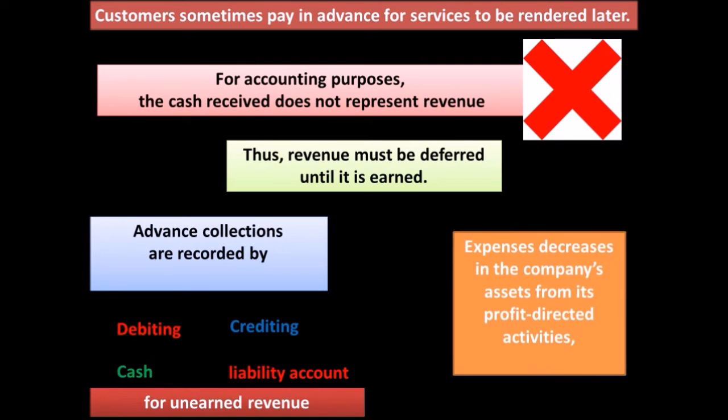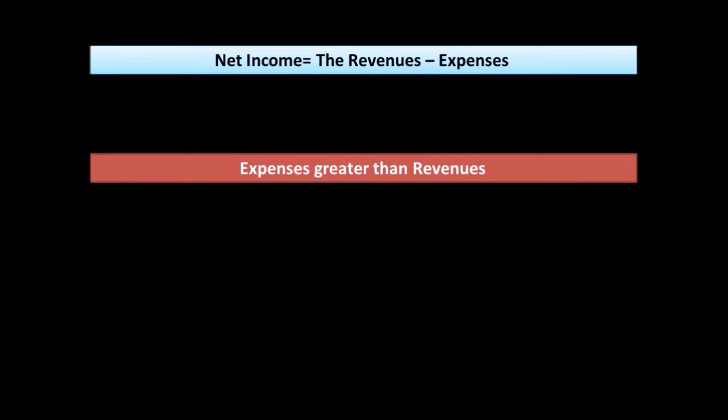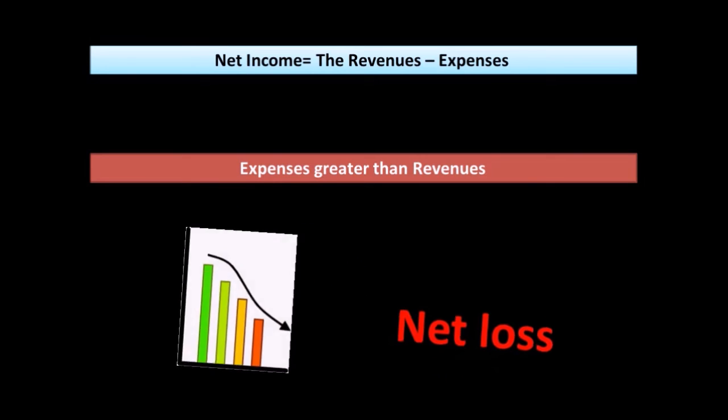Expenses are decreases in the company's assets from its profit directed activities, and they result in negative cash flows. Net income is the difference between the revenues and expenses for a specified period of time. Should a company find itself in the undesirable situation of having expenses greater than revenues, we call the difference a